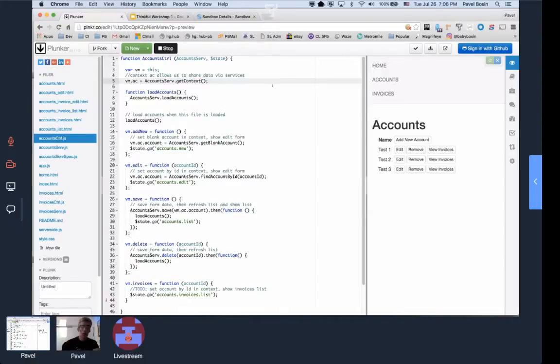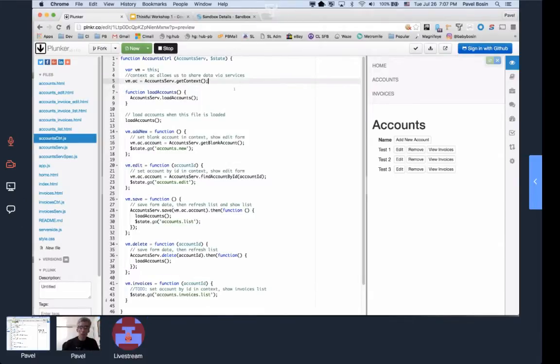They have no logic, they have no server communications, they only provide the functions that the template can have references to, and it can provide the data that templates can display or populate. So I'm asking my service to give me the context with data, and then the controller does not need to know anything else about that